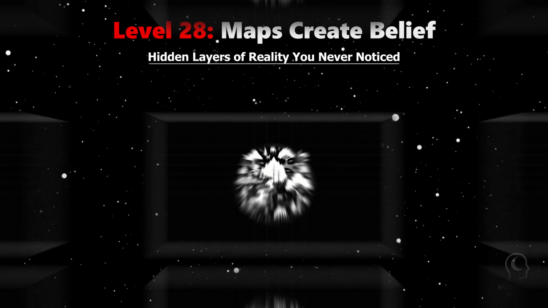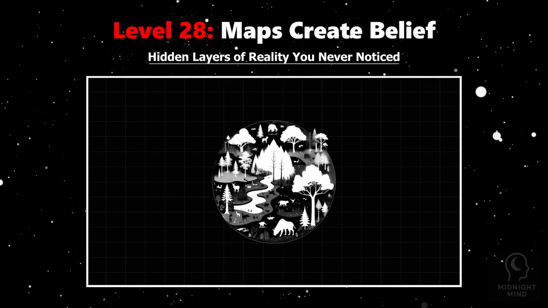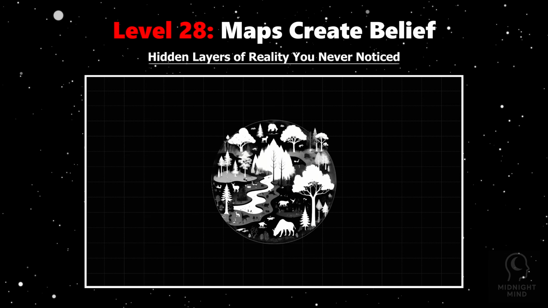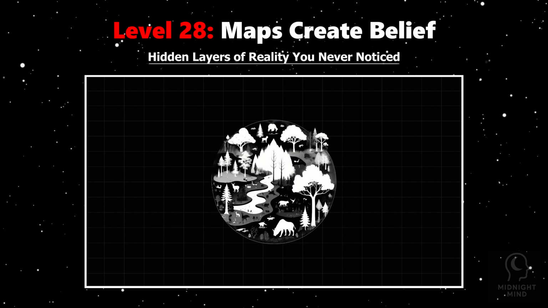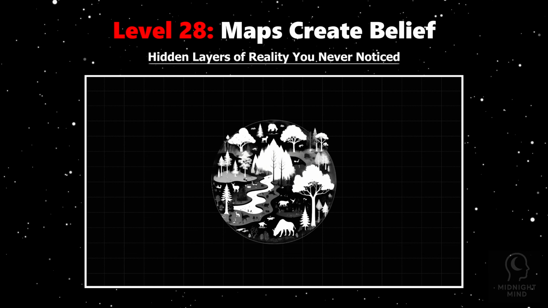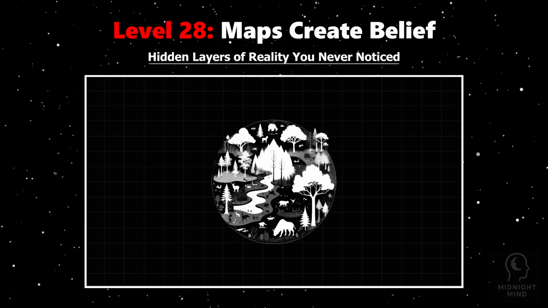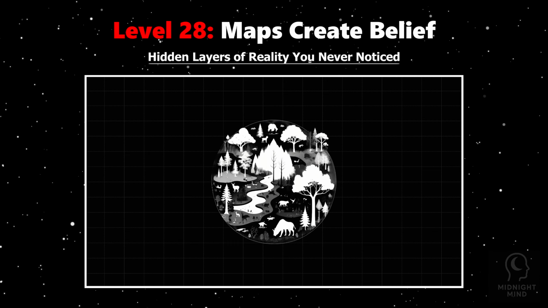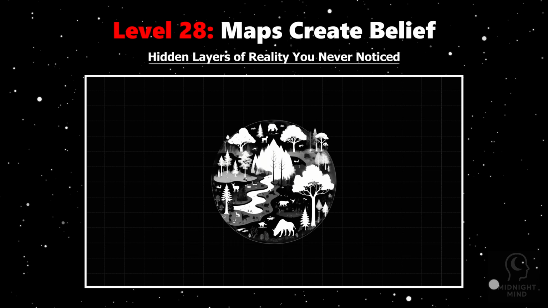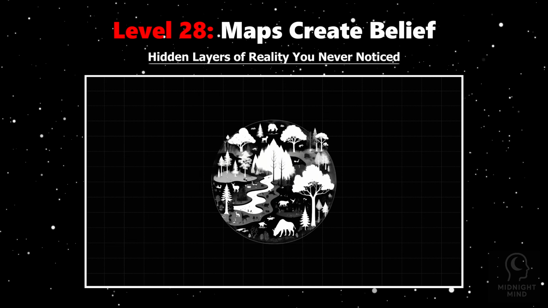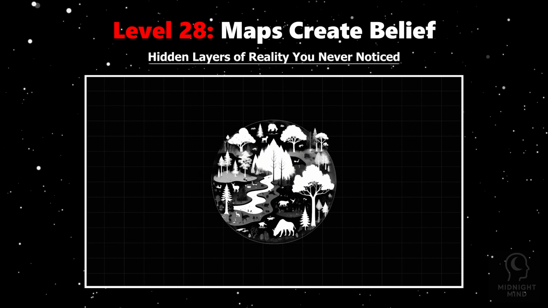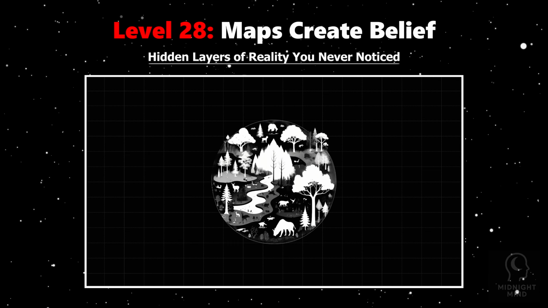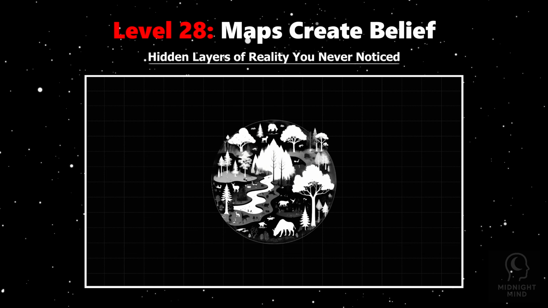Yet, imagine holding a map, lines, symbols, and borders etched on paper, simple shapes that guide your understanding of vast, complex realities. But maps do more than guide. They shape your beliefs. Cognitive science shows that once your brain accepts a map's boundaries and paths, it creates a mental framework that becomes a law unto itself. This mental map organizes information and reduces uncertainty, but it also narrows perception. Once mapped, your mind forgets the fluidity of the world beyond the lines. Geography, politics, and even abstract concepts like identity become fixed by these invisible mental laws.